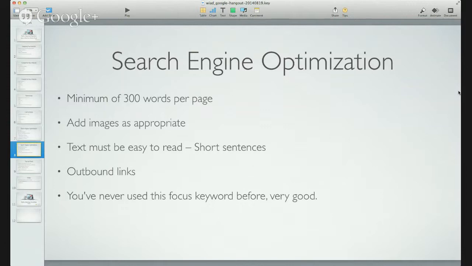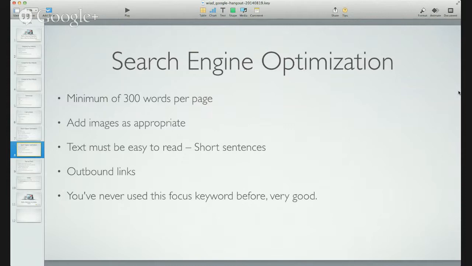And when you do that, you can also add a description to your images. Make sure that it's human readable, so the search engine knows what the image is all about, because it cannot interpret the image. So the description and the name that you attach to the image is also very important.